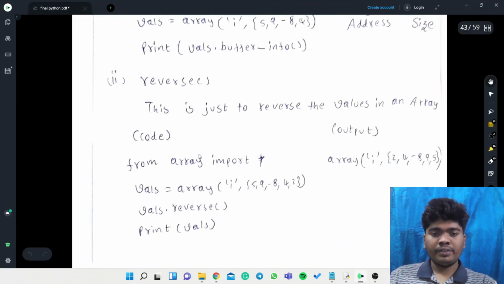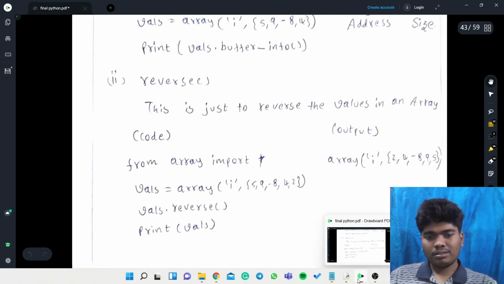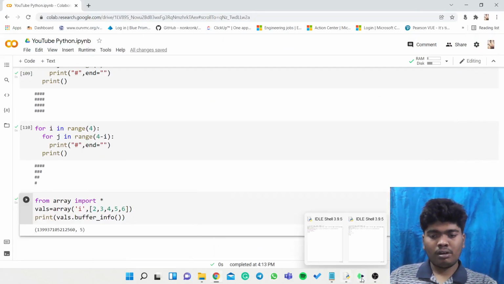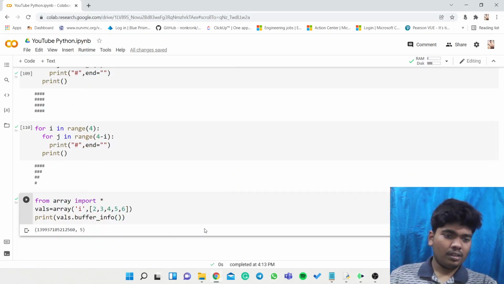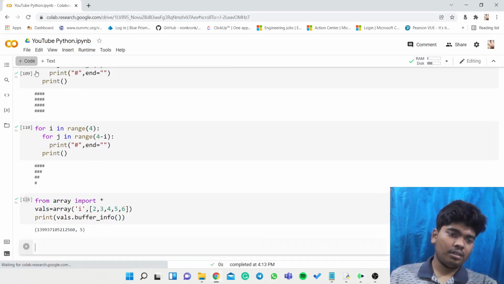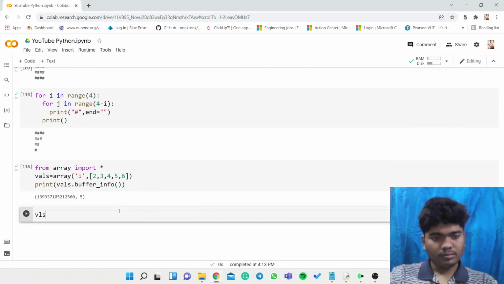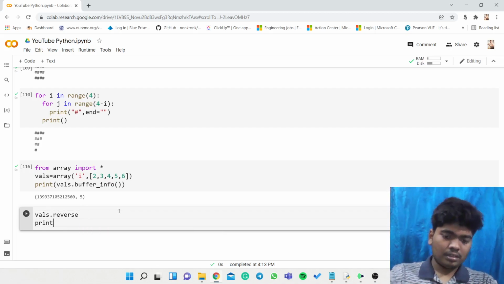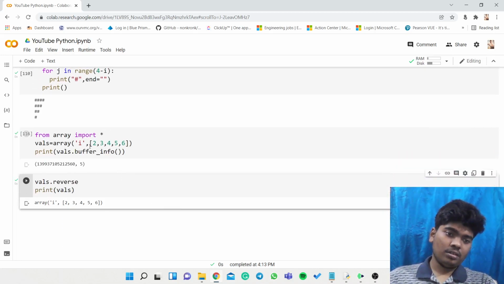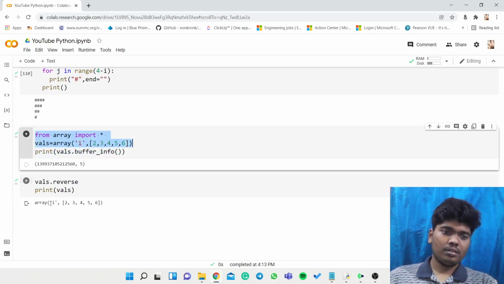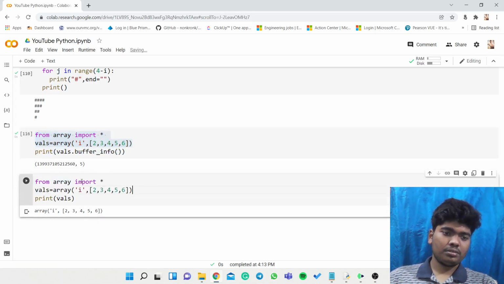And then reverse, so to just reverse the values in that particular array, we can just use vals.reverse. Here I am just writing it in a new one, vals.reverse, print vals.